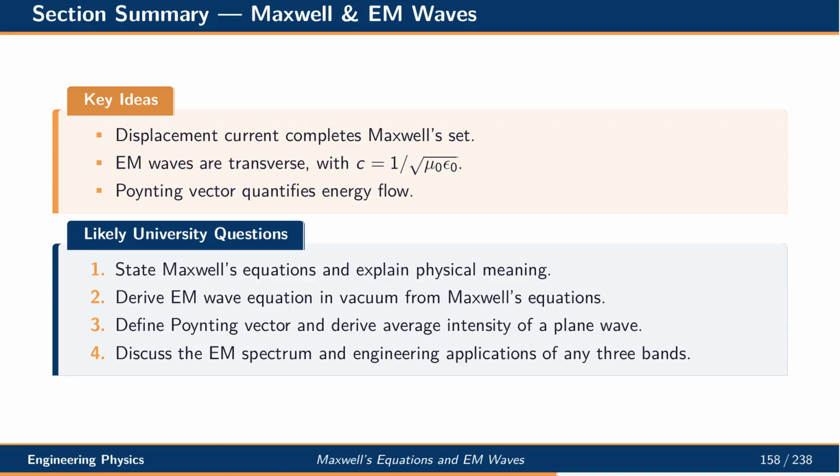Let us summarize this section. The displacement current completes Maxwell's equations. Electromagnetic waves are transverse, with speed equal to 1 over the square root of mu 0 epsilon 0. The Poynting vector quantifies energy flow. Typical exam questions include stating Maxwell's equations and explaining their physical meaning, deriving the wave equation from them, defining the Poynting vector with average intensity, and discussing engineering applications of